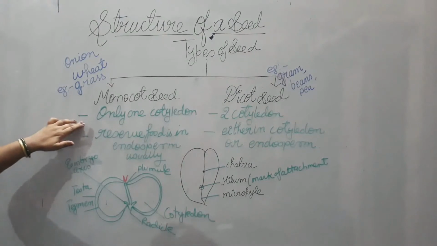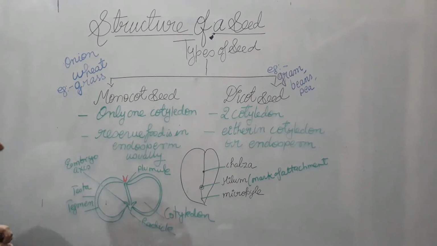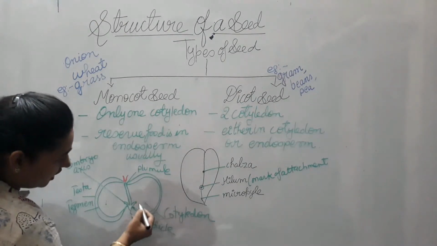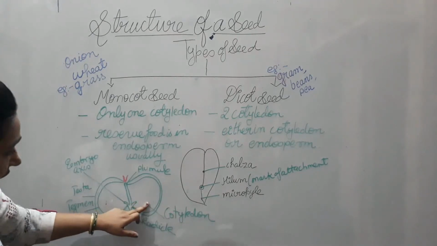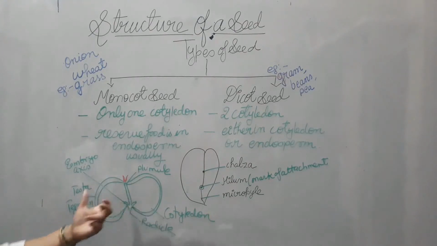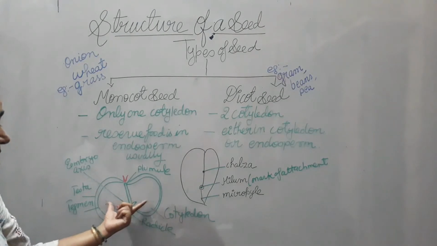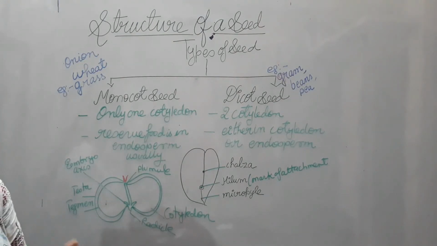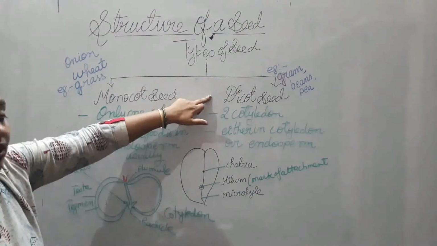As I had told you, the monocot seeds have just one cotyledon. As you can see, this portion is called the cotyledon. This portion is going to be either one or two. Here I had made the diagram of a gram, a pea you can say. This gram, chana, has two cotyledons. It can be easily divided into two different parts. You can do this at home also. So if it has two cotyledons, it is going to be the dicot seed.